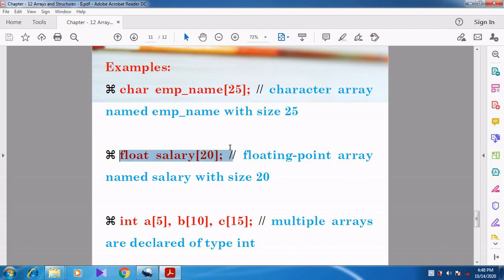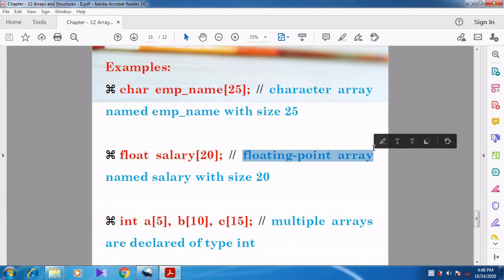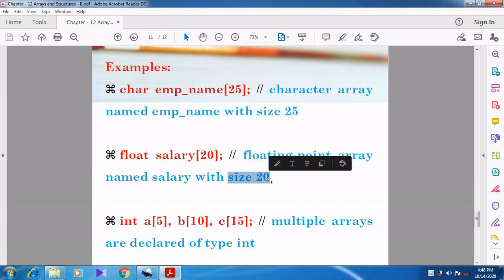See the next example: float salary of 20. Salary is the array name, and it represents a floating point array. Its size is 20.